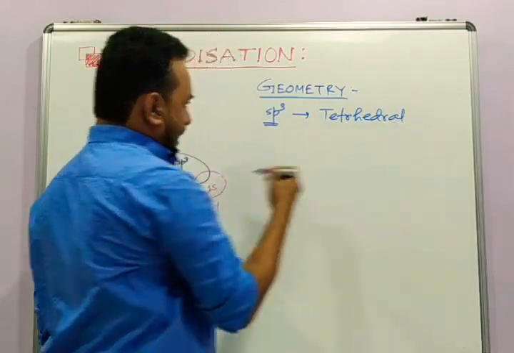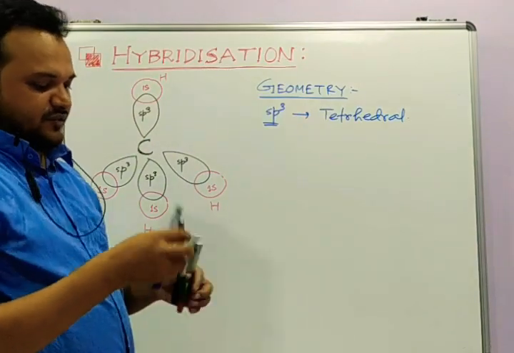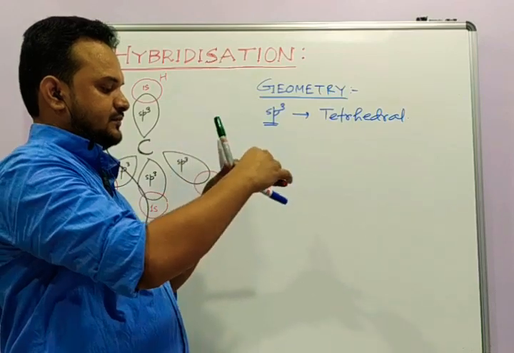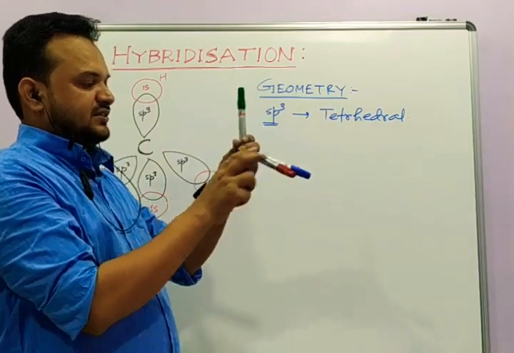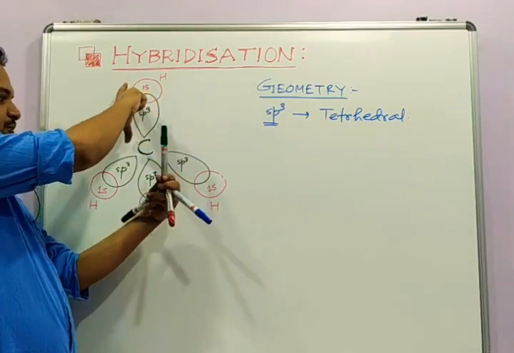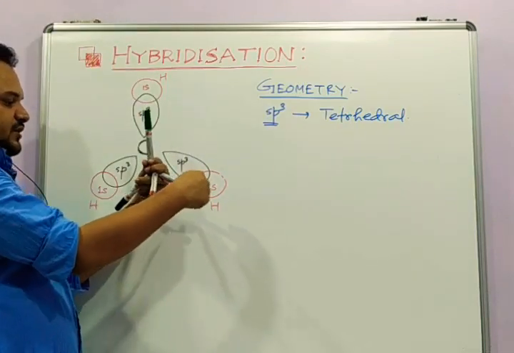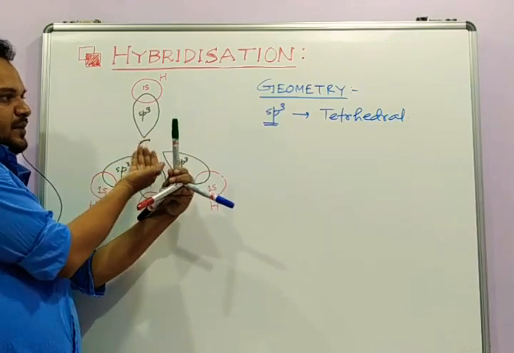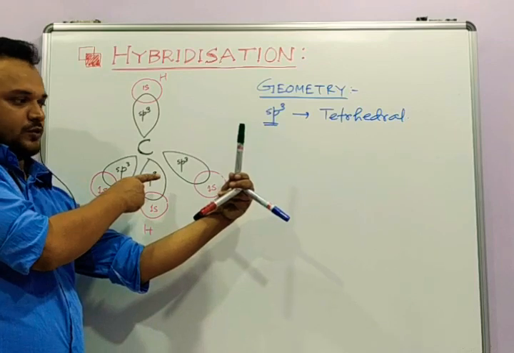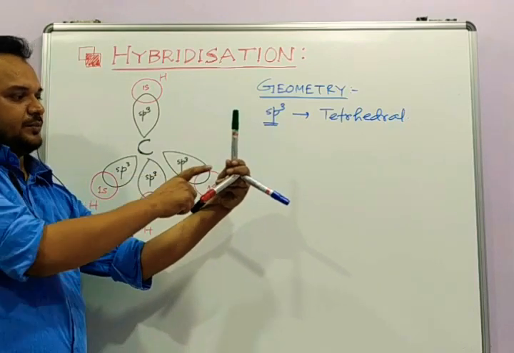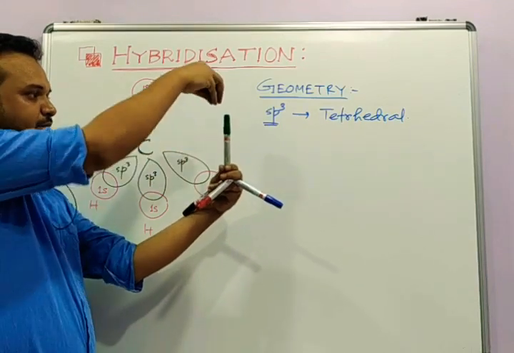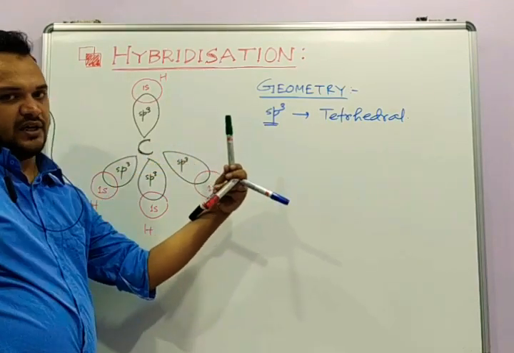So how does the methane molecule look? If I show you with a pen, it will look like this. This is a tetrahedron, right? This is this CH bond, then this CH bond. One of the bonds will be above the plane of the board, and another bond will be below the plane of the board. So this is the tetrahedral geometry. Here at the center we have the carbon, and these four are the four CH bonds. At these terminals we have the hydrogen.